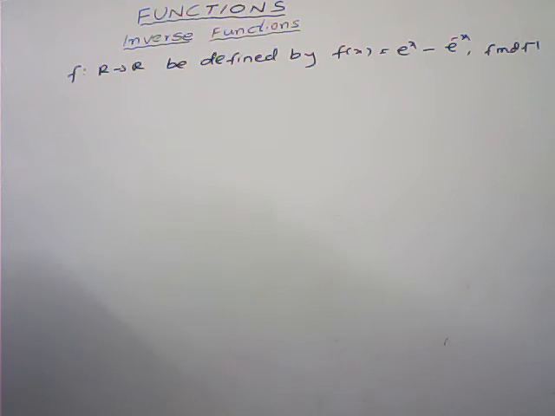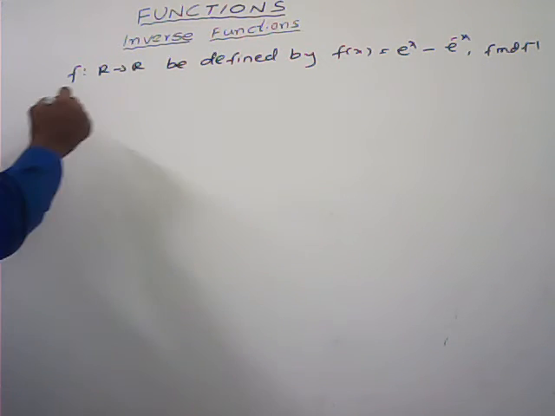Here is one more question. f is a mapping from R to R defined by f of x equals e power x minus e power minus x. Show that the given function is invertible and find f inverse also. Now here you can see, for one-one,